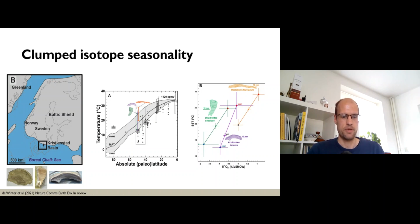One application of this clumped isotope seasonality work was done in this very nice site from southern Sweden, the Kristianstad Basin, from the late Cretaceous. Here we have very nice bivalves that are well preserved, and they show that if we apply the clumped isotope method, the seasonality is actually quite pronounced in this late Cretaceous warm interval, which is more than we expected. And more interestingly, there's also a significant seasonality in the delta 18 O of the seawater, which means